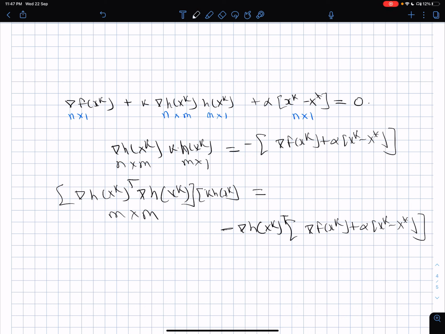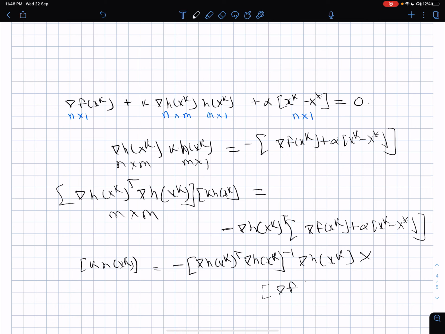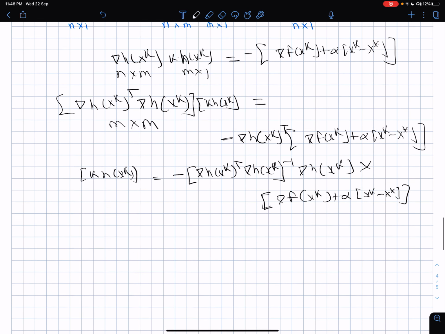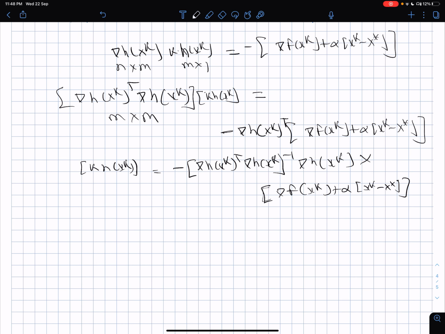And then therefore this vector k of h of x of k can be written as minus, taking the inverse of it, because every time you take an inverse, you have to prove first that it is invertible, and we have proved that. Otherwise it's just daydreaming, the inverse may not exist at all. So that is not something we should allow to happen, and we have proved that it has an inverse. So now I can write this as, this is correct.